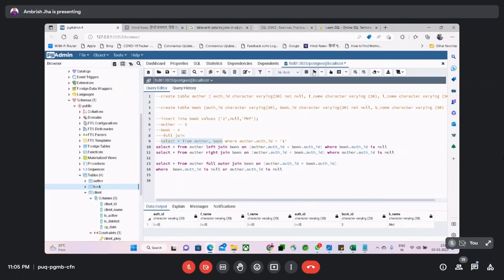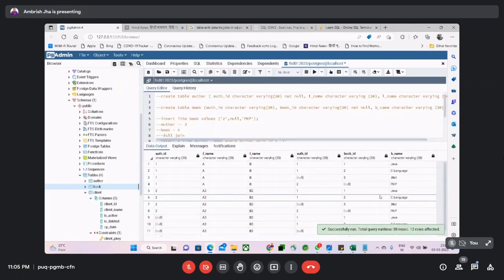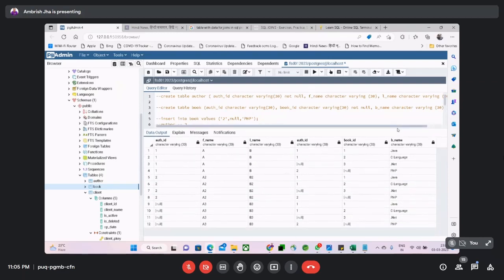ये कार्जियन प्रोडक्ट निकाल लेते हैं, इसी में ढूंढ के बता देना। 12 में से ही तो 2 होंगे। ये जो 12 है ये तो मैक्सिमम कॉम्बिनेशन परम्यूटेशन है, एम आई राइट? इससे ज्यादा तो हो ही नहीं सकते। इस 12 में से कौन से 2 रिकॉर्ड? एक का नल रहेगा। या एक ही रिकॉर्ड, या एक से ज्यादा रिकॉर्ड? 11th एंड 12th। नहीं, देखो हमने बोला बुक टेबल का ऑथर आईडी नल हो या ऑथर टेबल का ऑथर आईडी नल हो। तो ऑथर टेबल का ऑथर आईडी नल तो ये चारों हैं, तो ये चारों तो पास हो गए। और लगा हुआ है ना, एंड नहीं लगा हुआ है ना? यस यस यस। सो तो ये चारों पास हो गए। और ऑथर टेबल का ऑथर आईडी में ये तीसरा नंबर और दूसरा नंबर, बाकी 4 तो कॉमन ही थे, तो 6 रिकॉर्ड आएंगे हमारे हाथ में।